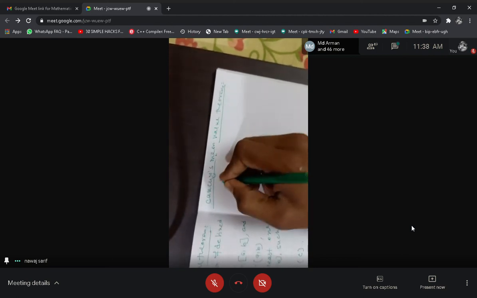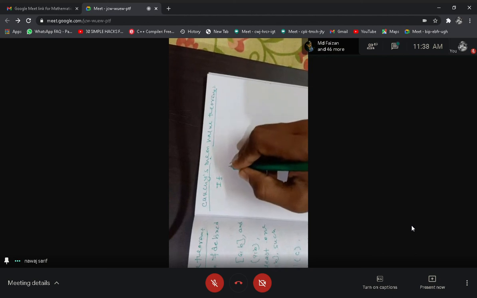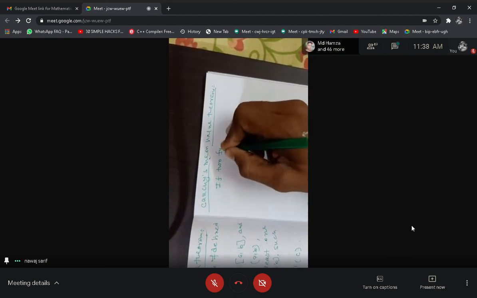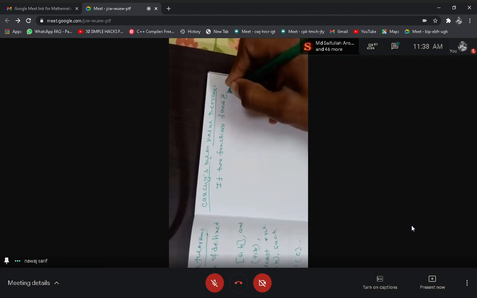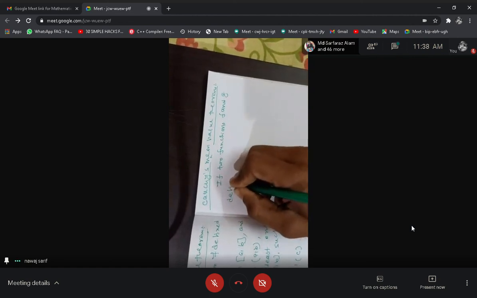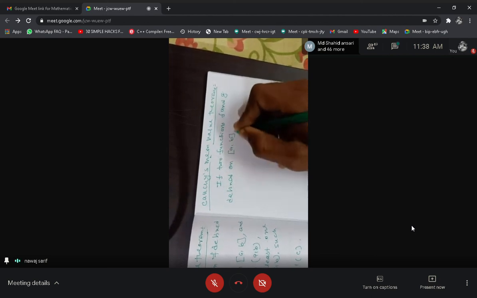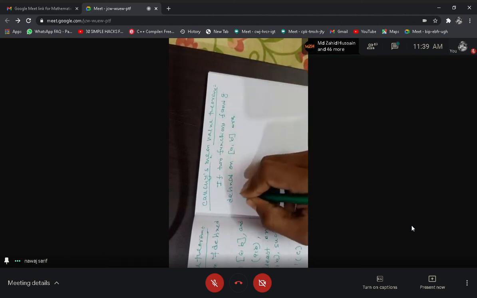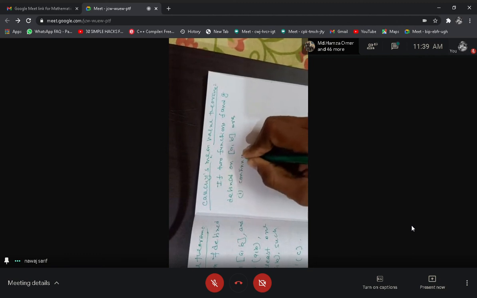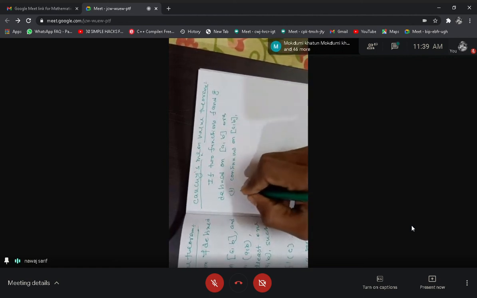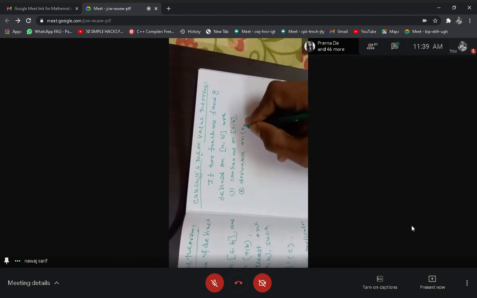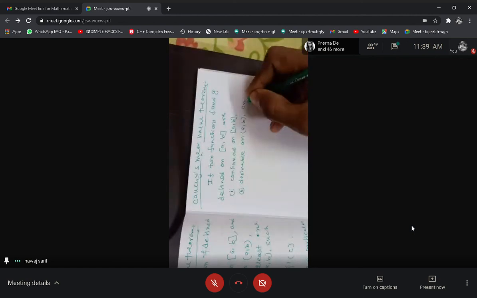So what is Cauchy's mean value theorem? If two functions f and g are defined on the closed interval [a, b], such that number one, both are continuous on [a, b], number two, both are derivable on the open interval (a, b), and number three,